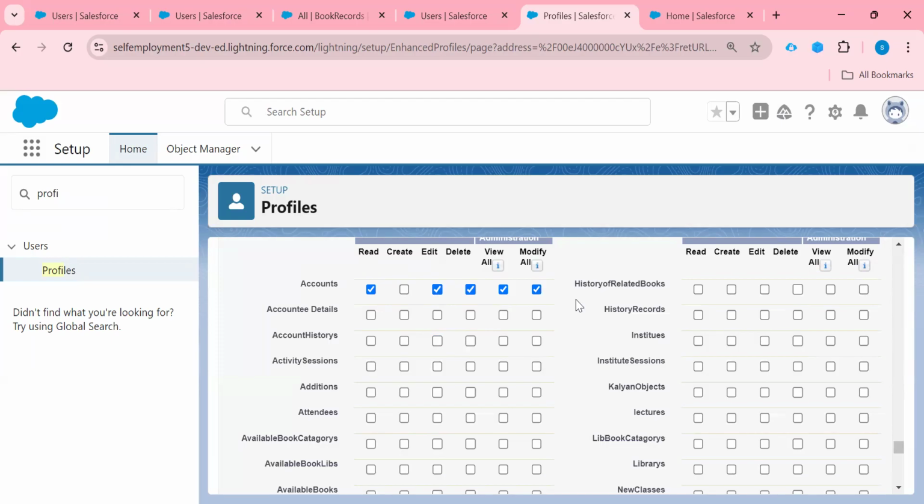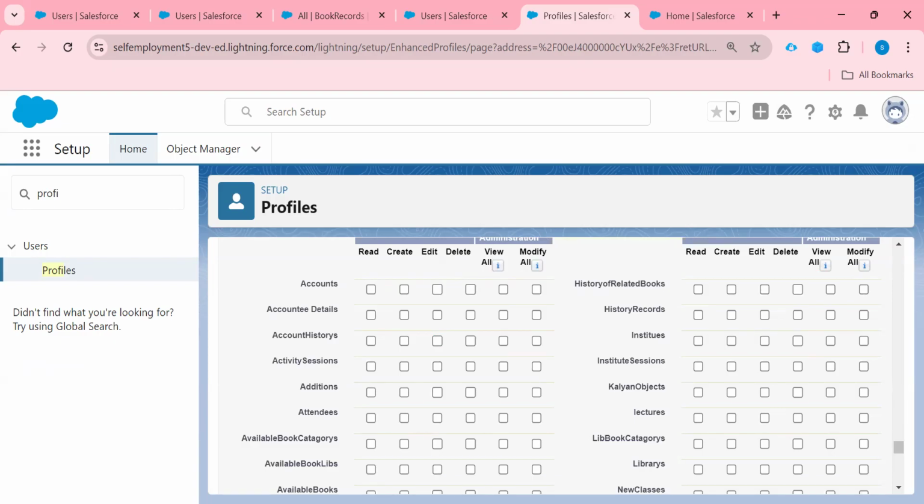So he can do all the things except creating a new record. He can do each and everything on the existing record. So this is all about view all and modify all accessibility. Best practice says we should not give these two permissions easily.